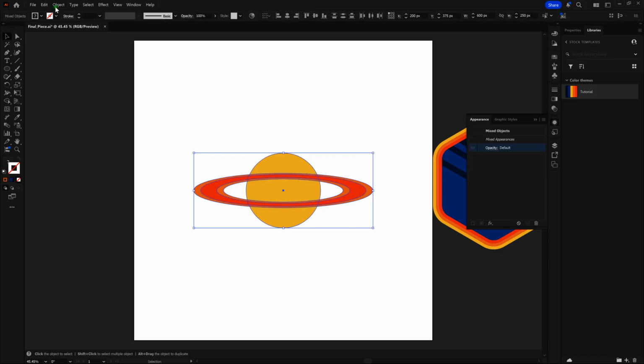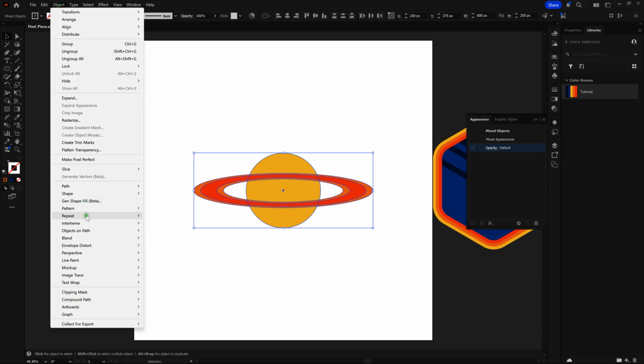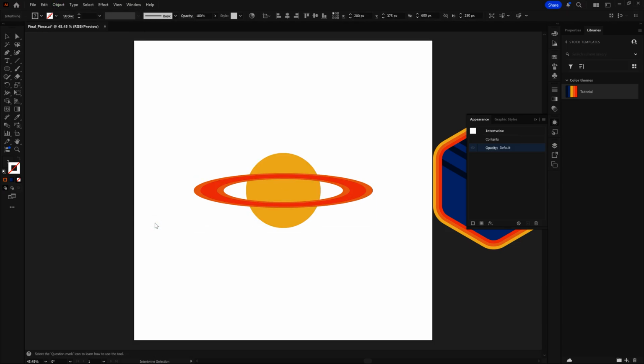Once that's done, we're going to go Object, Intertwine, and select Make. Once we've got our Intertwine tool selected, notice that it appears that both shapes deselect. Well, they're still selected. Notice that if I want to hide or intertwine my shape, all I need to do is hover over the part that I want to intertwine and click on it. Notice straight away that that shape is now hidden behind our ellipse,